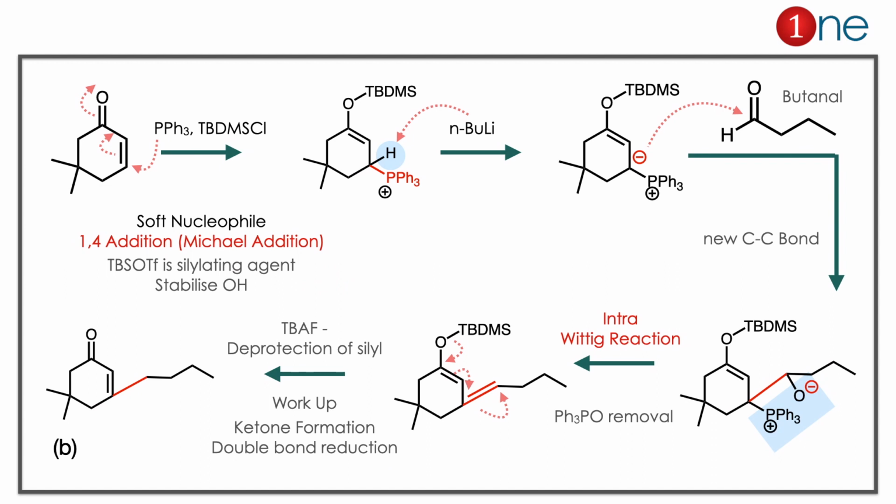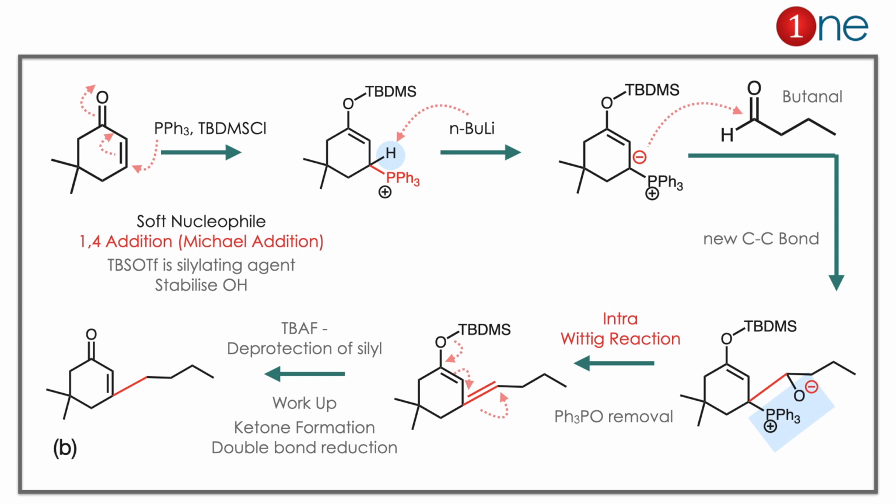The starting material is a conjugated ketone, which you are attacking with phosphine. The phosphine is the nucleophile here. But where the attack will happen, there are two possibilities: 1,2 addition and 1,4 addition. The attack will happen at the 4th position. Since the nucleophile is soft, 1,4 Michael addition will happen. So the phosphine attacks the 4th position.